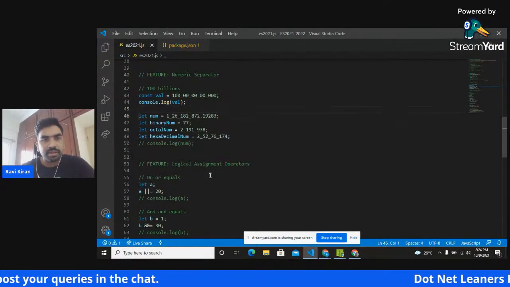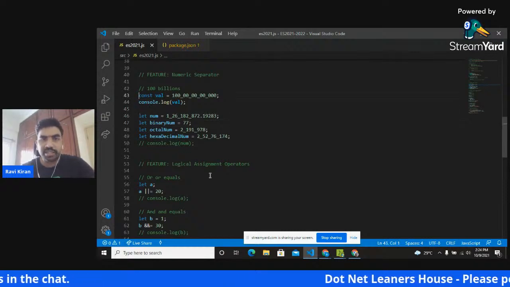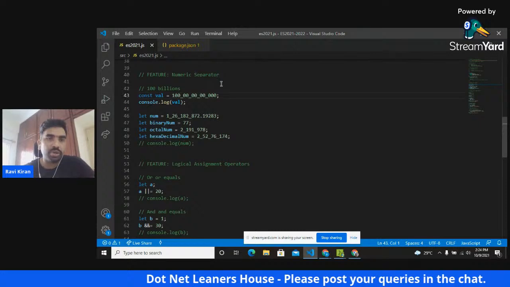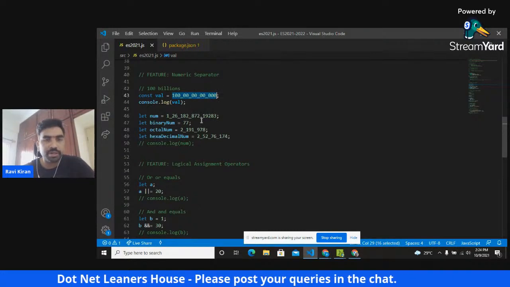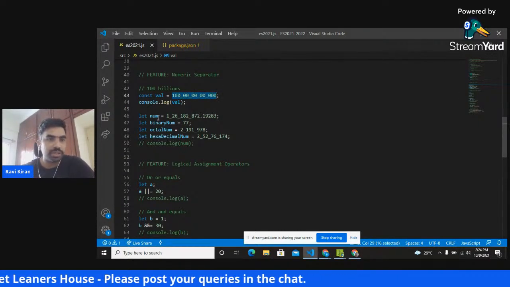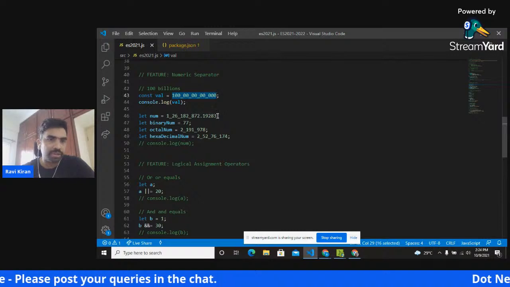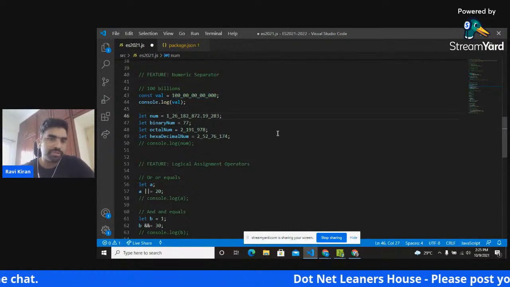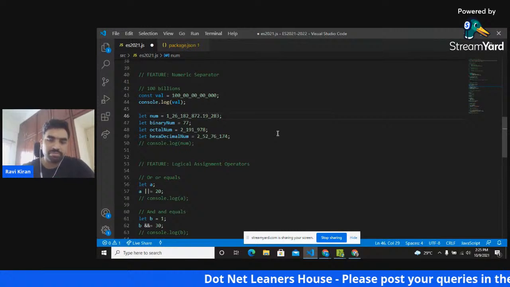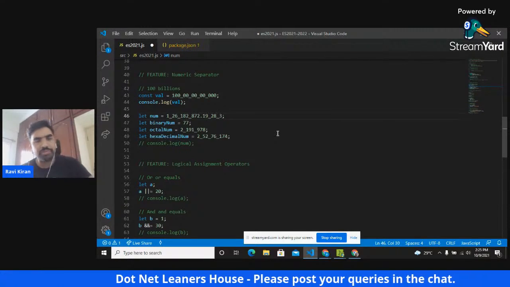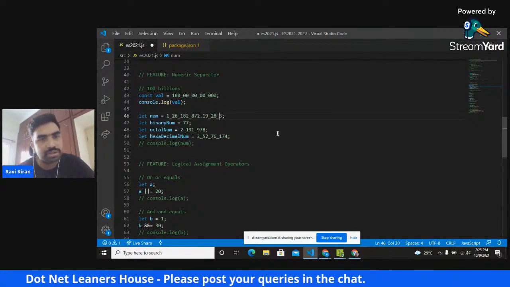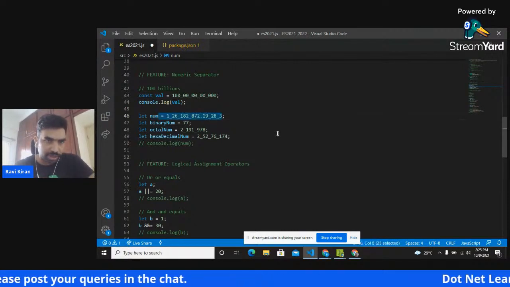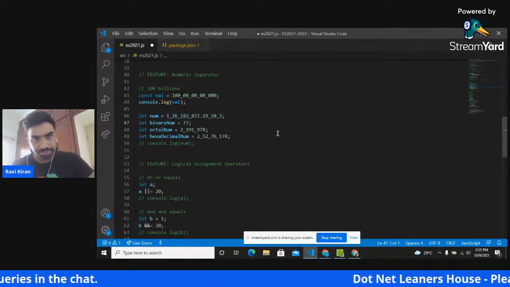And the syntax is not specific to only the left side of the decimal point. It can be applied on the right side of the decimal point too. Here I have this big number with five digits on the right side of the decimal. If I want to add some meaning to it, based on the understanding of my team, I can add some underscores. Now this will also take the corresponding pure numeric value.